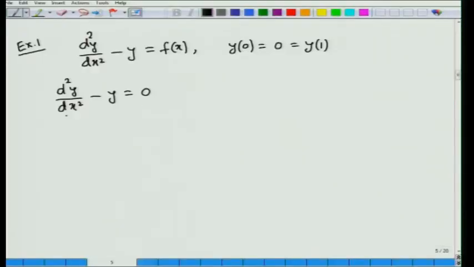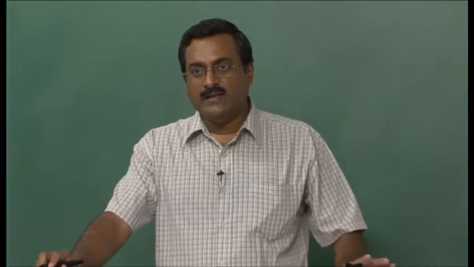Two linearly independent solutions of this particular problem are actually cosh x and sinh x. Now, you can recall, in order to construct the Green's function for this problem, we have to choose y1(x) and y2(x) in such a way that y1(x) will satisfy the boundary condition on the right end and y2(x) will satisfy the boundary condition on the left end, such that y1 and y2, these two functions of x, should be linearly independent.